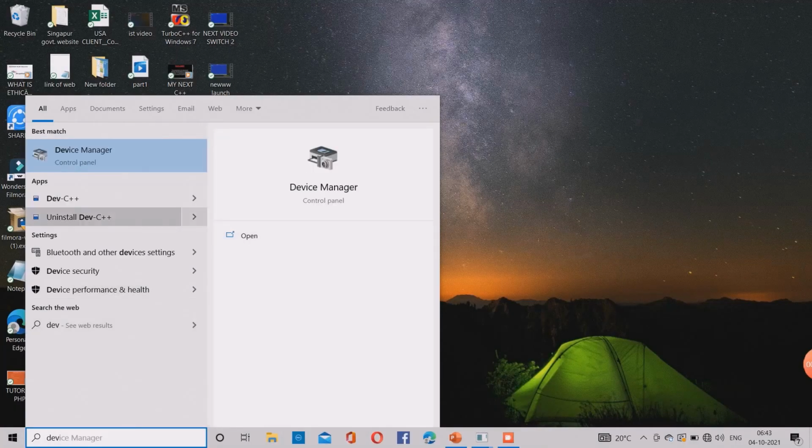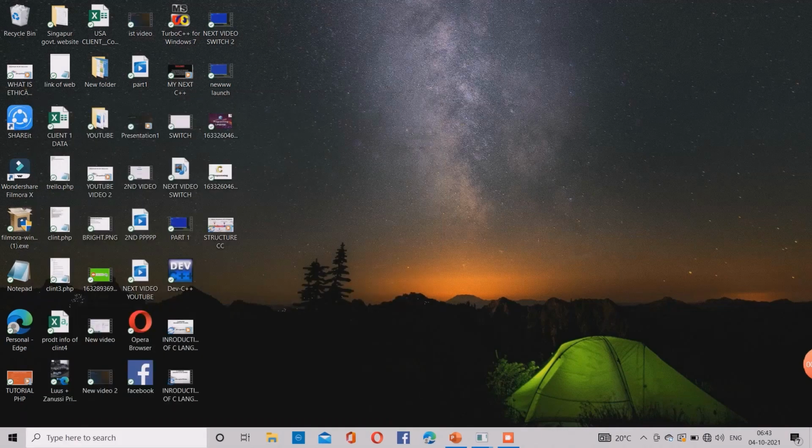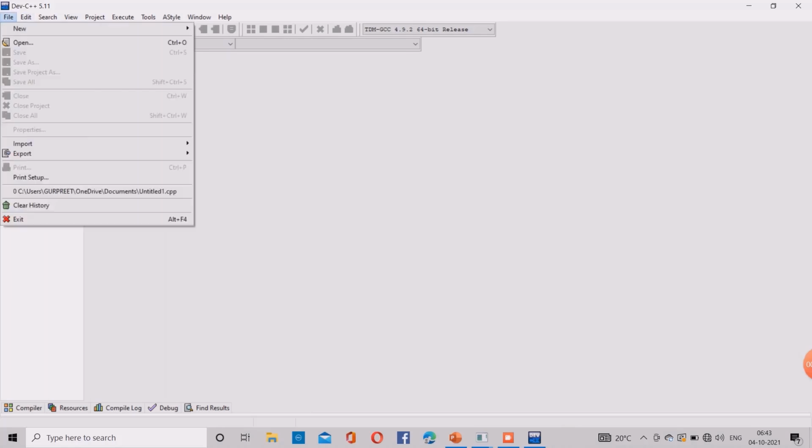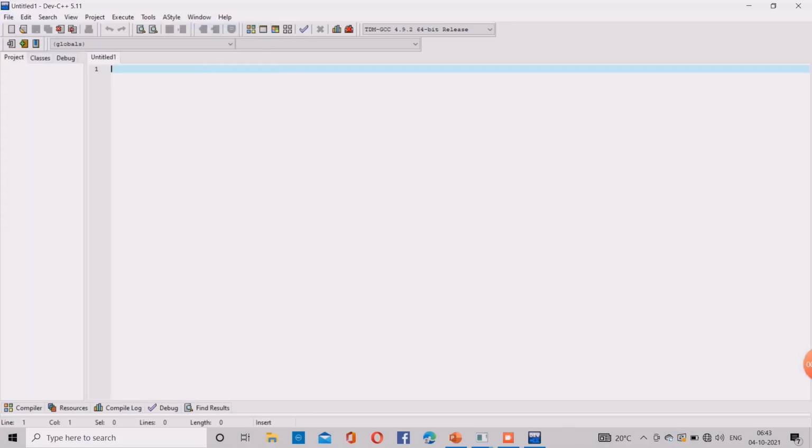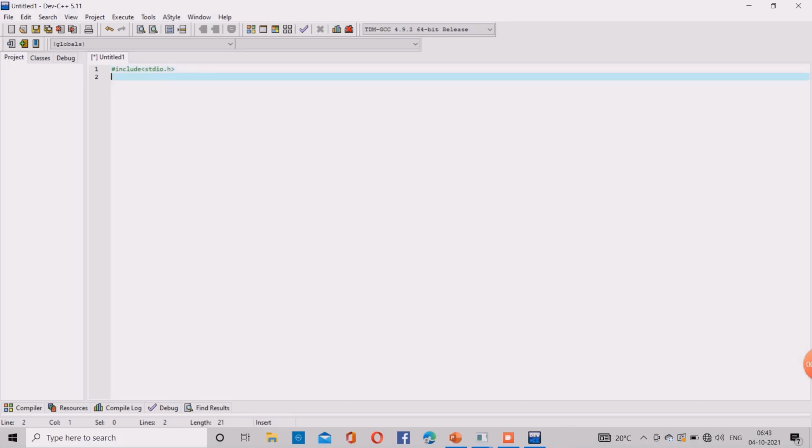us see an example. Basically your first program is to print hello world, to see how we include header files like hash include stdio.h, hash include conio.h, void main. So we open, you can see on my screen, you have to install Dev C++ software if you want to make programs in C language.